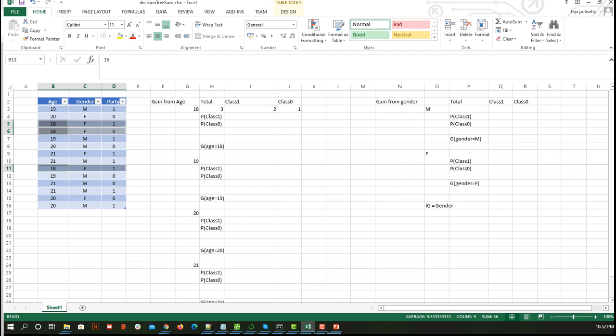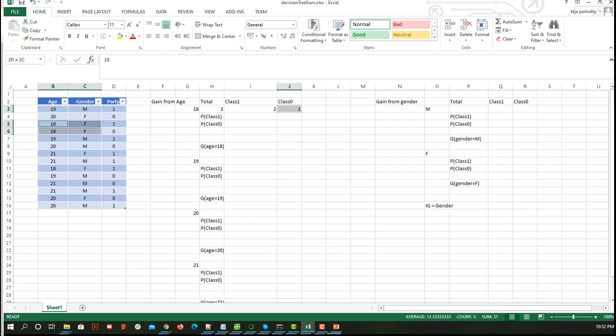Out of them, 2 belong to class 1 and 1 belongs to class 0. So total we have 3 who belong to age 18, 2 belong to class 1 and 1 belongs to class 0.